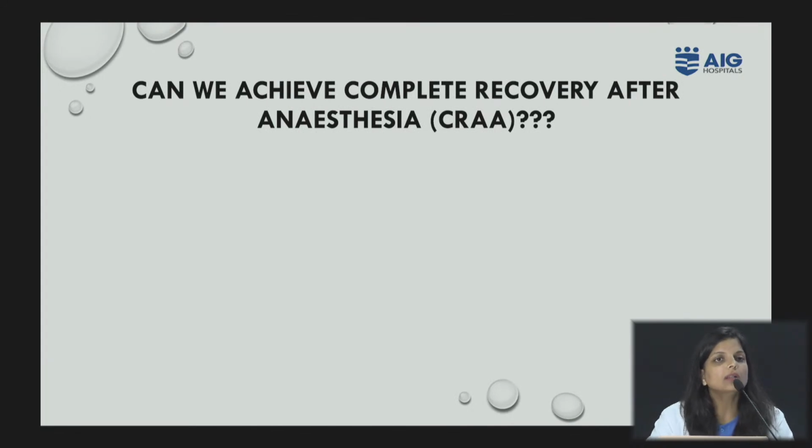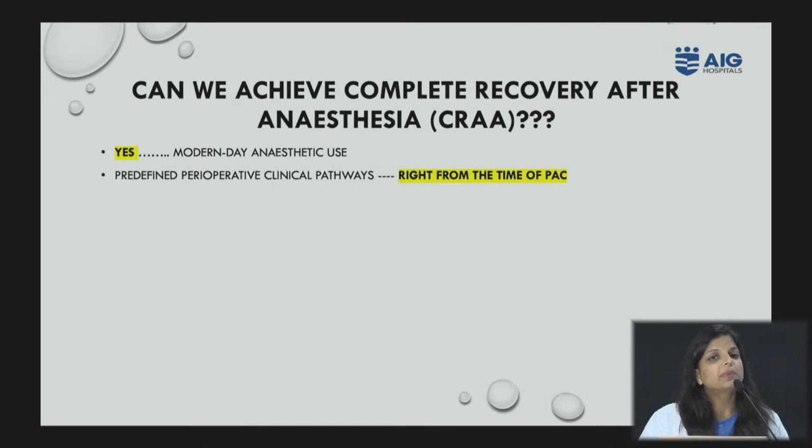So with all the details that I have discussed about the neuromuscular physiology, neuromuscular blocking agents, and the causes that affect the blocking agents, that there are causes of delayed recovery, can we still achieve complete recovery after anesthesia? Yes, we can achieve it with the use of modern day anesthetic practice, with a predefined perioperative clinical pathway, which starts